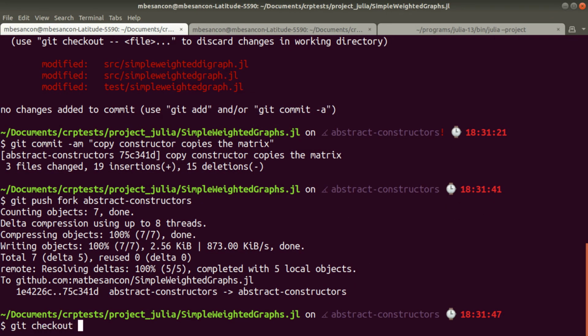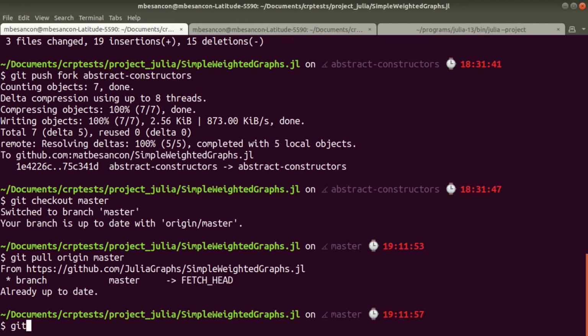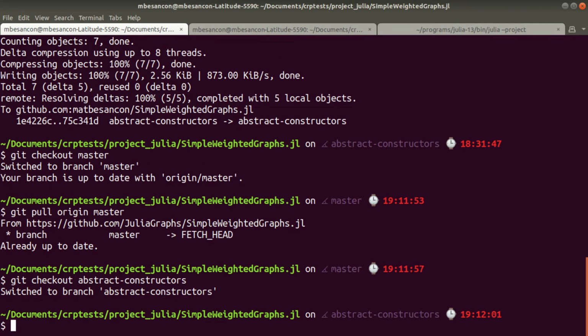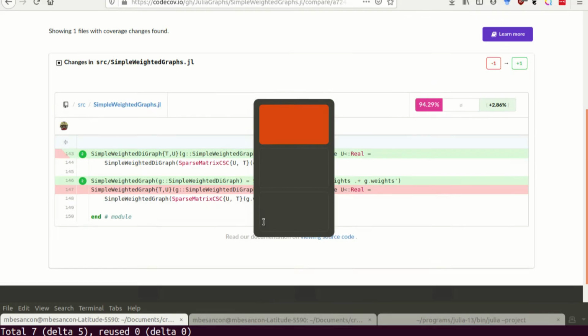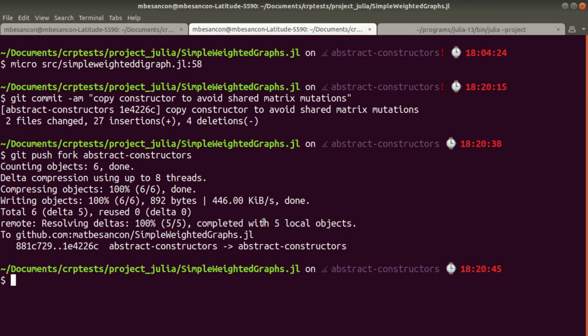Maybe we should, did we merge master? I think we did. Yes, we did merge master, so we don't have any excuse here. Just in case, we can check